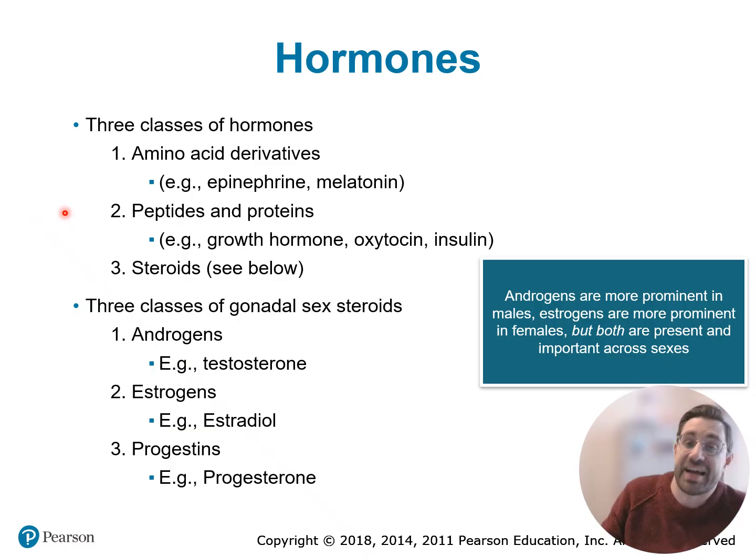And then finally, there's a class of hormones called steroids. Now, these classes are based on their chemical similarity, and all the steroids are very similar to each other in terms of their chemical makeup. The steroids are oftentimes thought of as sex-related hormones or sex hormones. This includes androgens like testosterone, it includes estrogens, and it includes progestins. All these are sex steroids.